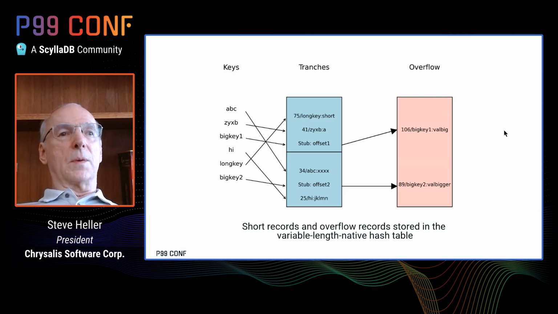There is no need to move the overflow data for big records during rehashing. Only the index has to be reorganized. Furthermore, there are never two copies of the hash table in memory during rehashing, so there are no memory usage spikes during that operation. So putting this all together, memory allocation can start tiny, for example, a 2 megabyte index,